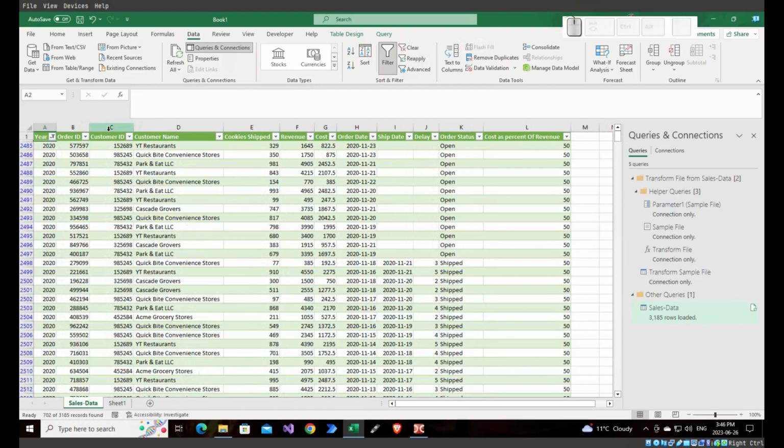It's got the order ID, customer name. All the changes are automatically carried out. It really is as simple as that. And there you have it. As I said at the start, this is a very brief demonstration more than anything. But hopefully you've got enough out of this that you'll be able to play with it yourself.